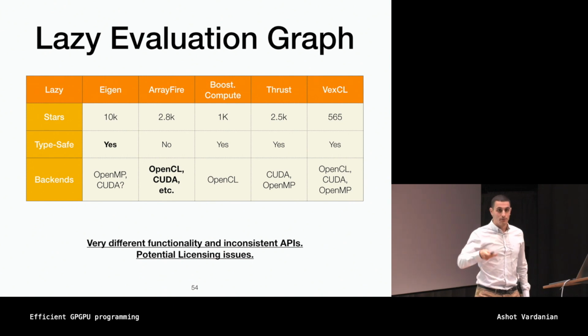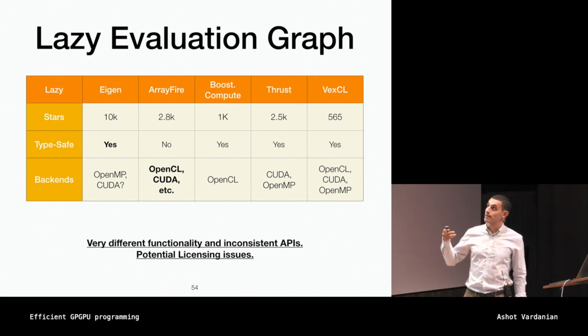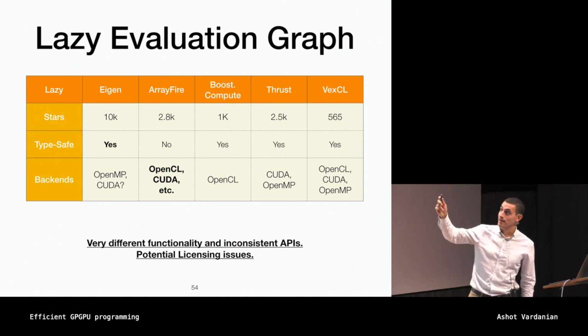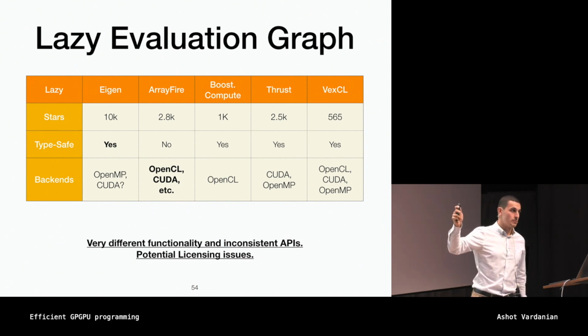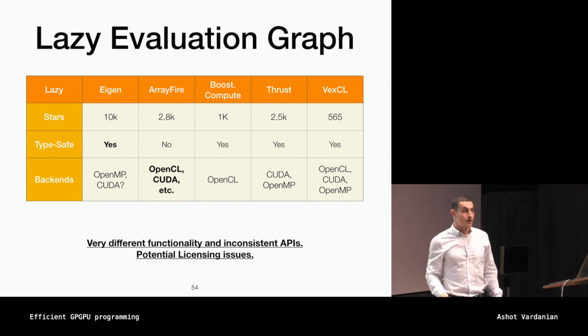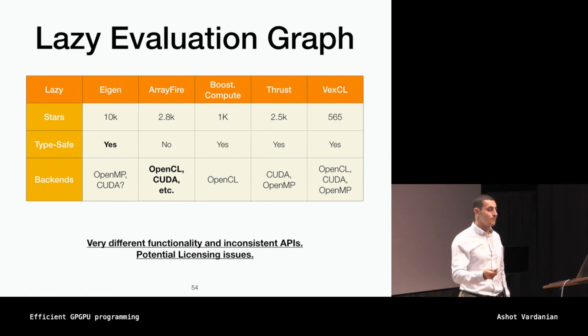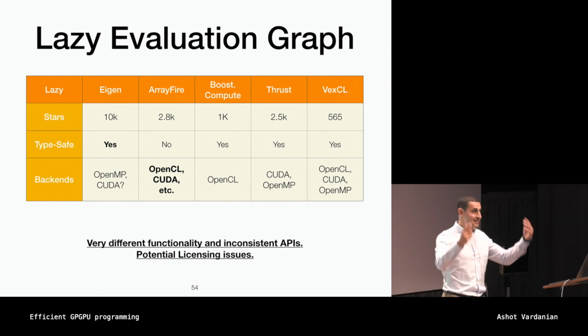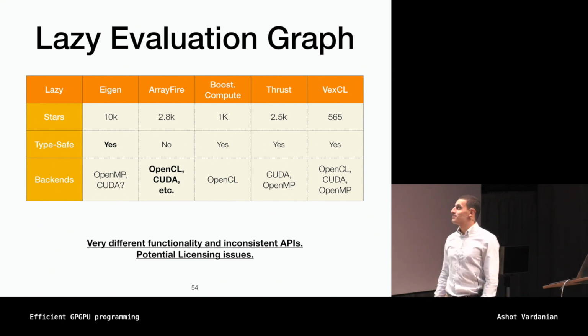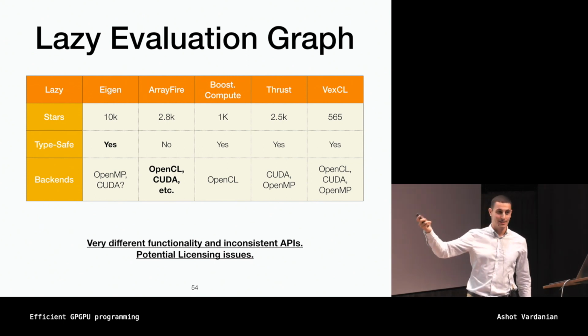Another level of abstraction after linear algebra libraries is libraries like Eigen, ArrayFire, etc. And as you can see, they're ordered in descending order of their popularity. So Eigen has 10,000 stars on GitHub, and ArrayFire has almost 3,000. Please, guys, raise hands if anybody has worked with Eigen. More hands. Okay, I guess there would be even more than that. But unfortunately not. So Eigen is a great library for linear